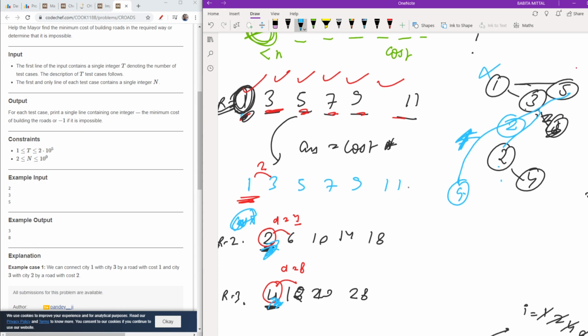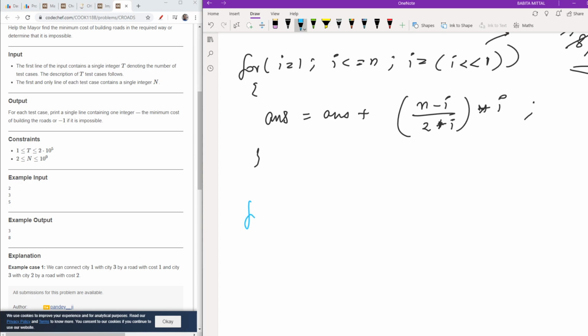So after I had the loop, I will run a loop for i equals 2, i less than n, and i plus plus. So now you will say, Aryan, why not start from 1? Because actually, as I showed, I don't want 1, because 1 is free. It is not necessary to attach it with anyone. So I need to start from 2.